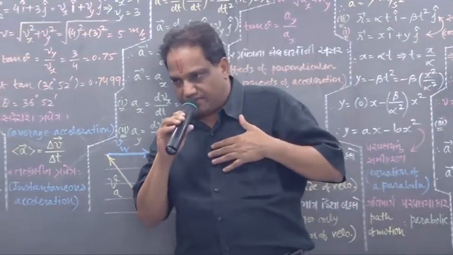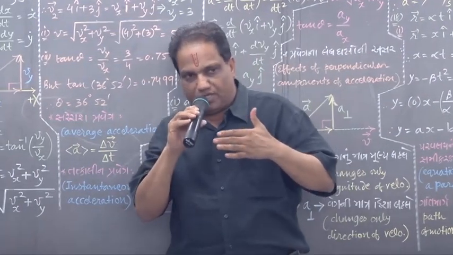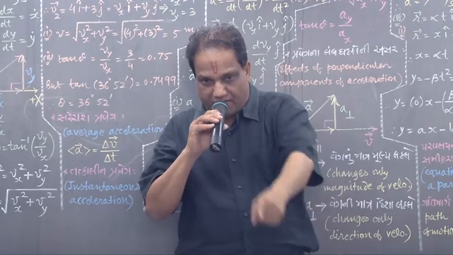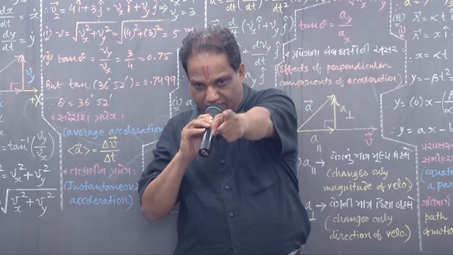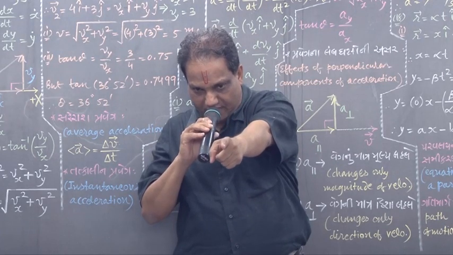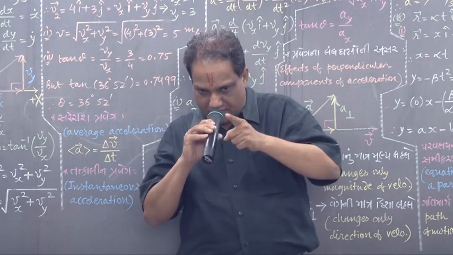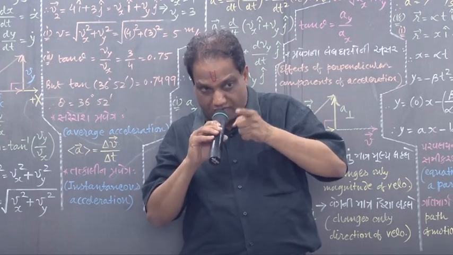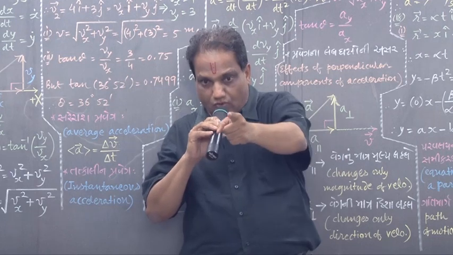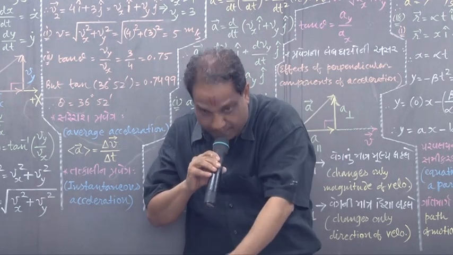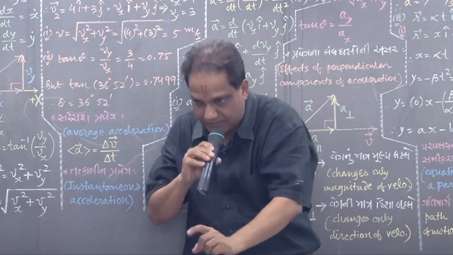As an observer, if I am standing at one of the two banks of a river, and I see that the boatman is driving his boat this way, coming in this direction, suppose, then what appears to me is that its velocity is in this direction, correct? So this is the apparent velocity.